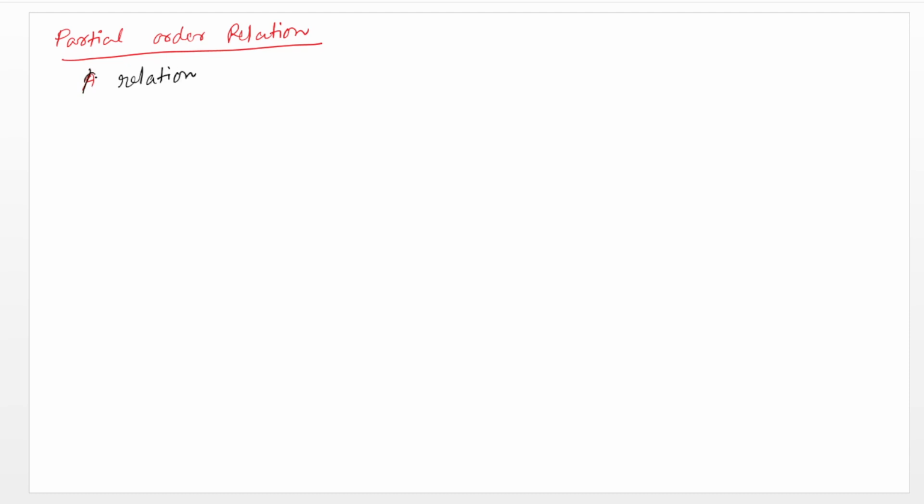A relation R on a set A is called a partial order relation if